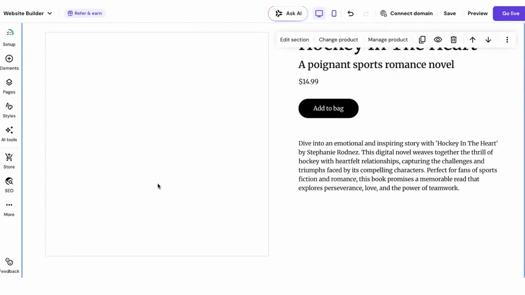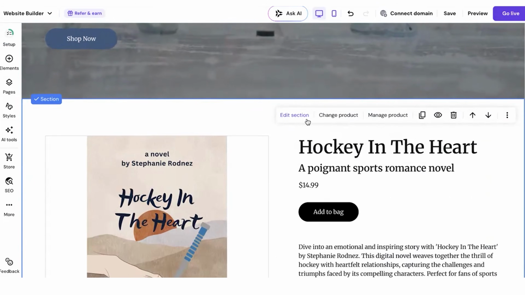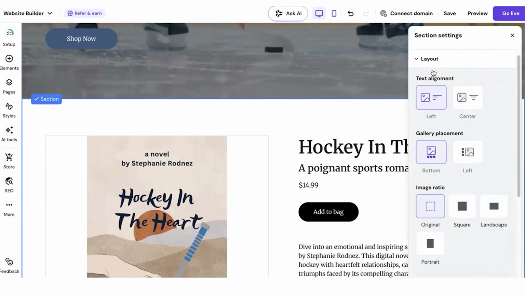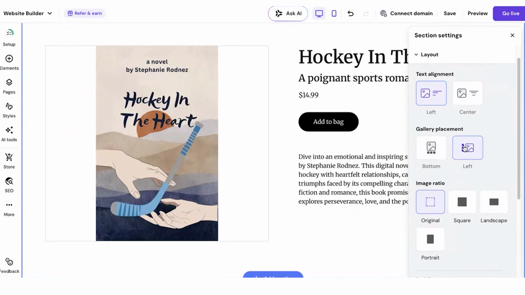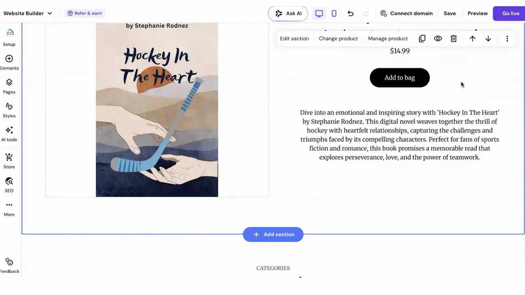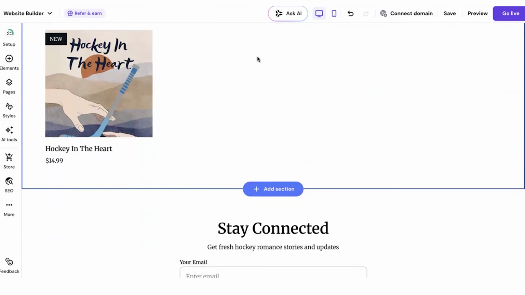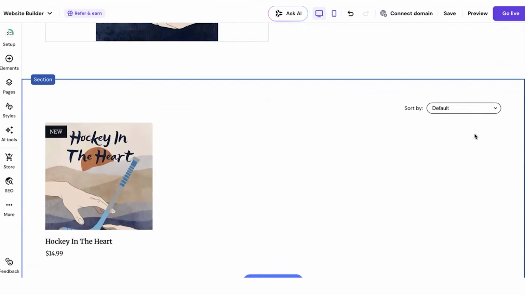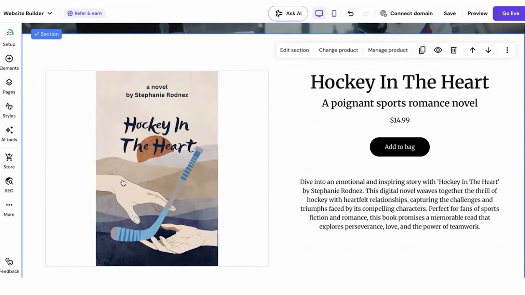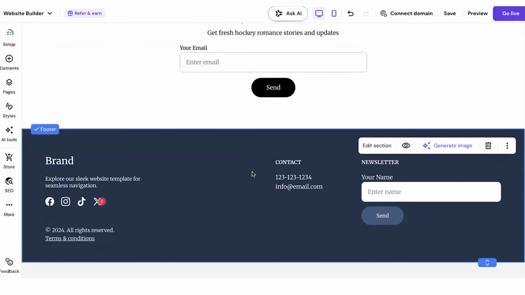Something I like to do, I'll click add section, online store, and I like to do single product just so that it's one big screen right here. And then if I click edit section, layout, I can make it left centered if I want to, or I can make it centered text here, which to me looks very nice. So then I'll scroll down. I'm going to get rid of this section only because I don't need it. And if I had multiple books, I would keep this section here, but I only have the one. But when you have multiple, just go ahead and keep that. Always keep your opt-in.